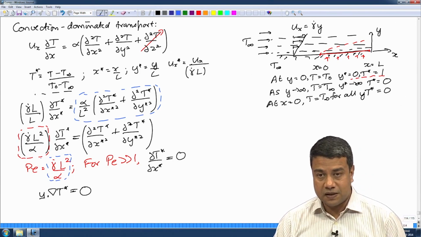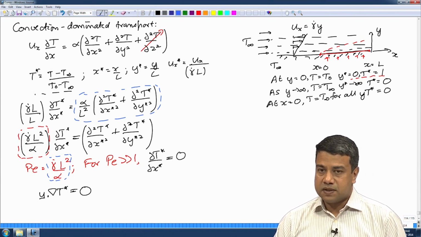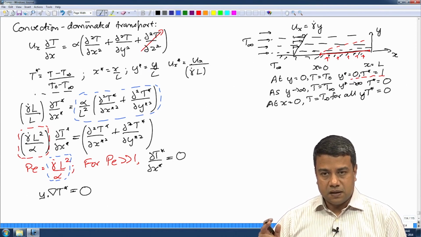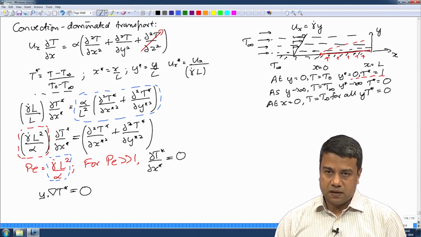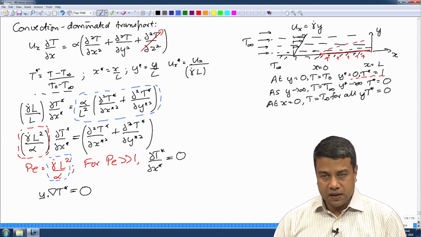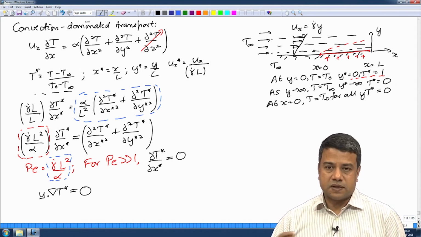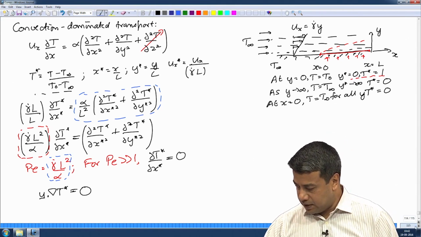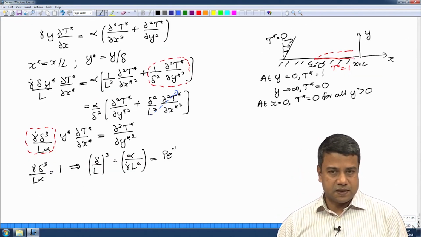Gamma dot is the strain rate at the surface. It has dimensions of 1 over time because it is the slope of the velocity, the derivative of the velocity with respect to y. So, it has dimensions of 1 over time, length is length square, and alpha is of course the diffusivity, which is length square per unit time. So, that is the Peclet number in this case,